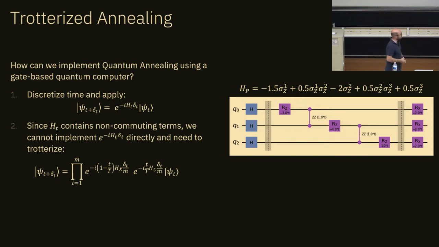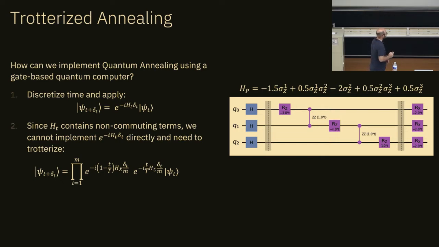For the problem we looked at, for a single Trotter step, this is the circuit you would get. So the single or the linear terms are just RZ rotations. The quadratic terms are ZZ rotations, and the mixer terms are just single qubit X rotations. And then you have to repeat this many times, and if you have long annealing times, this leads to incredibly long circuits. This is not really applicable because you quickly accumulate too much noise and you don't get reasonable results.